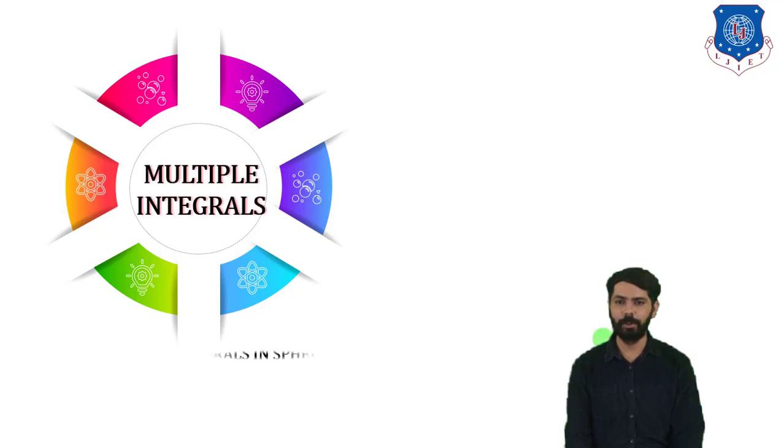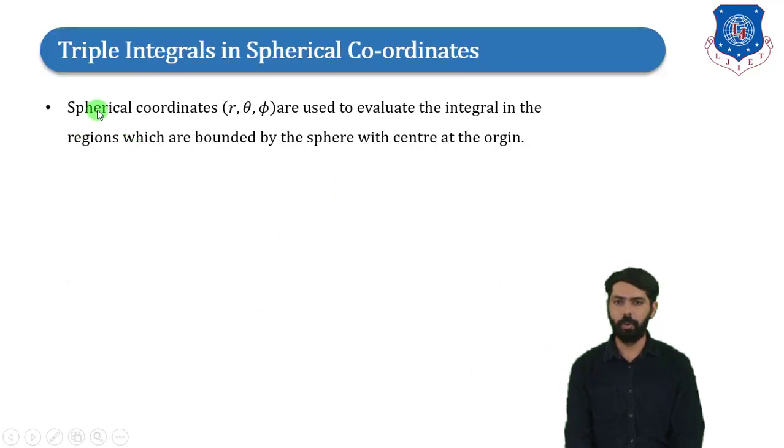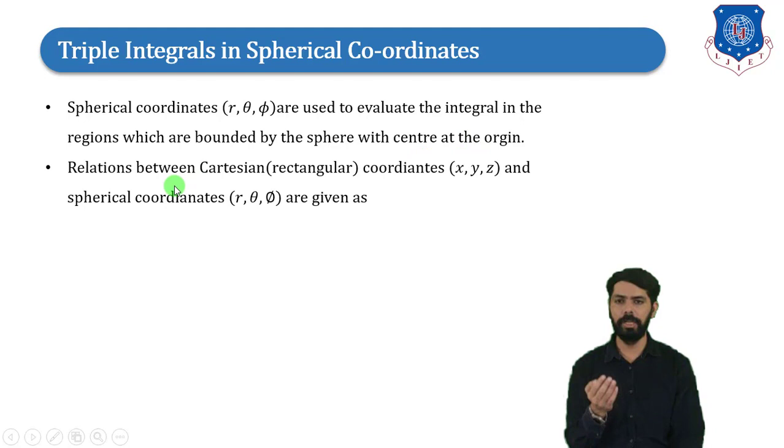So today we will discuss the topic of triple integrals in spherical coordinates, from the chapter on multiple integrals. Spherical coordinates r, theta, phi are used to evaluate integrals in regions which are bounded by a sphere with center at the origin. The relations between Cartesian, that is rectangular coordinates x, y, z, and spherical coordinates r, theta, phi are given as